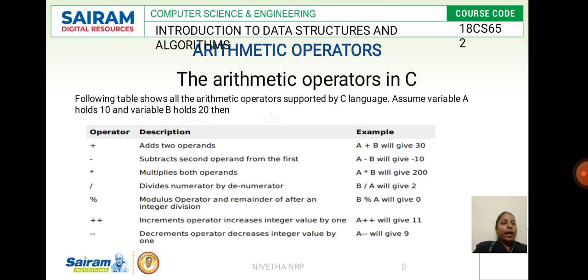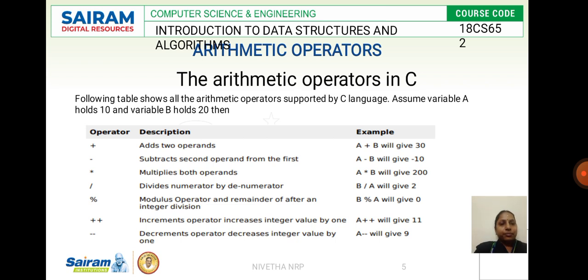When I want to add two variables, I should use a combination of operands and operators. An operand is the variable which holds the value, and the operator is the function it is going to perform. So if I want to add two numbers, I use two operands a, b or x, y, and when I use the plus symbol, it is going to add the values of the operands.